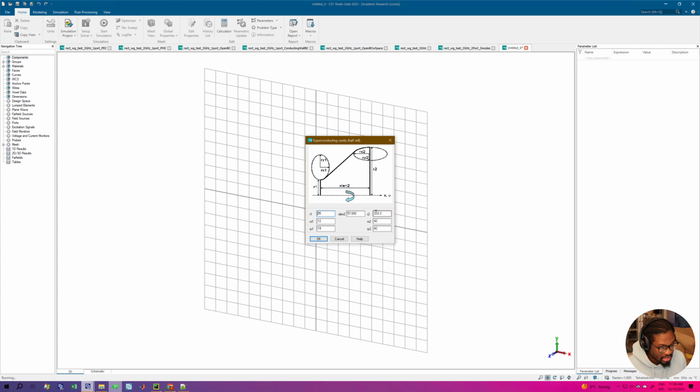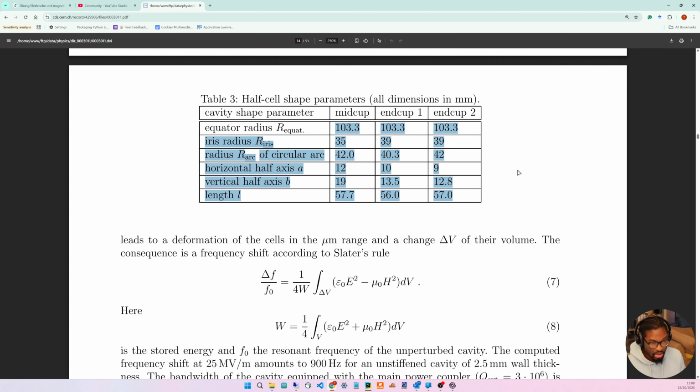Now mind you, the Tesla cavity is not symmetric. It has different end cells, and this was done to dampen the modes due to high order mode reasons. So if you look at